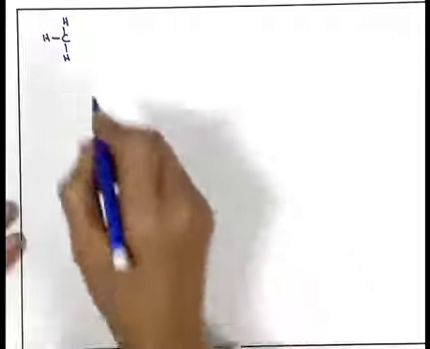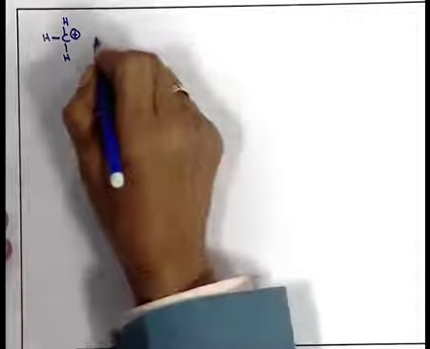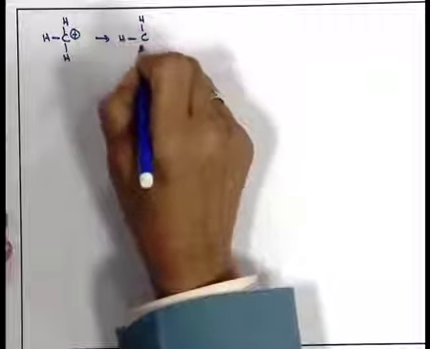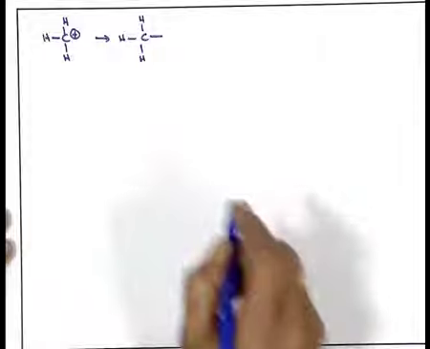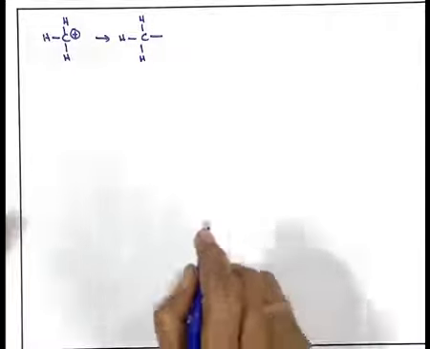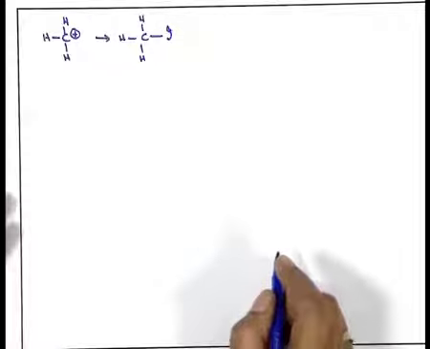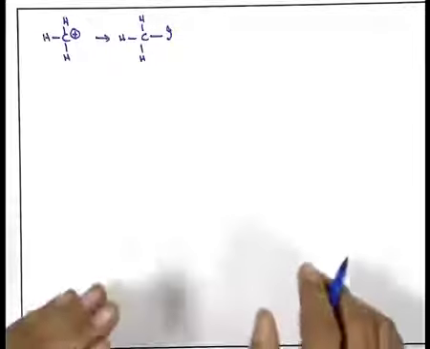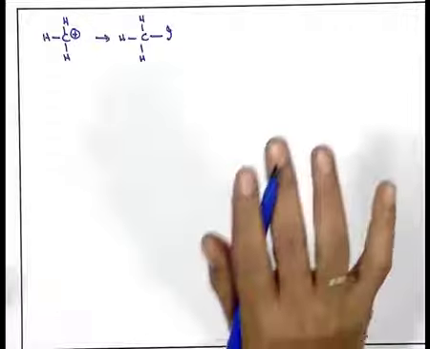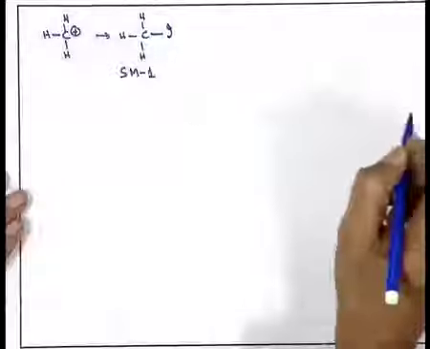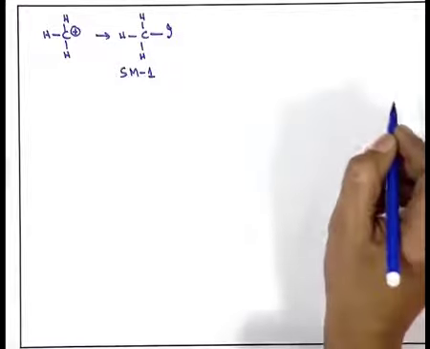Why am I taking methyl plus? This is the concept I told you, that this is the synthon. So, what should be the synthetic equivalent? The synthetic equivalent will be connecting it with an electronegative element. Let us take a very good one, iodine, as the electronegative element. So, it will be methyl iodide. Now, it is a stable molecule. I should write this is the starting material 1, SM1. SM stands for starting material.